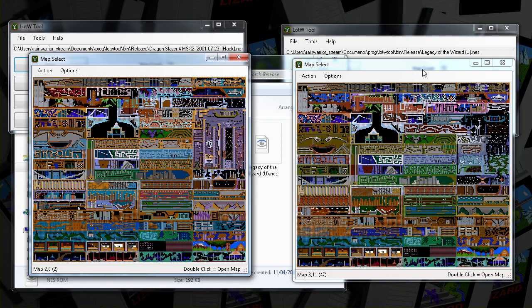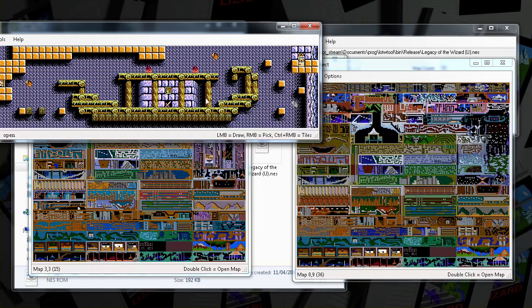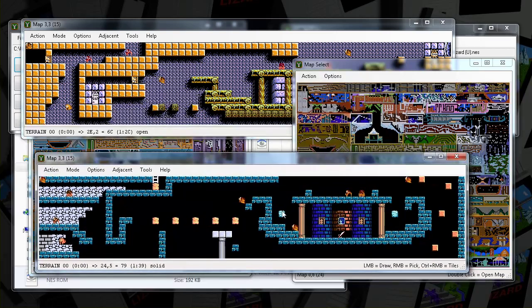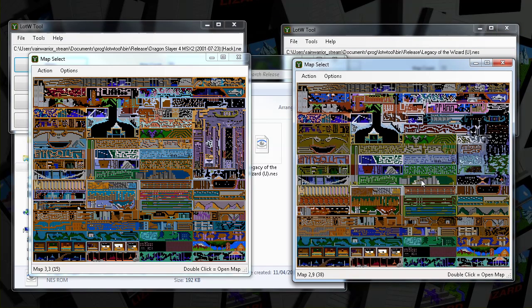So you can see the different maps, a lot of different color choices. There's this orange and purple everywhere. I really like this boat, which you can compare. This is how it looked in North America, and this is how they redrew it for the MSX2 version. It looks like wood covered with moss, which is really neat. So it even works on ROM hack versions.